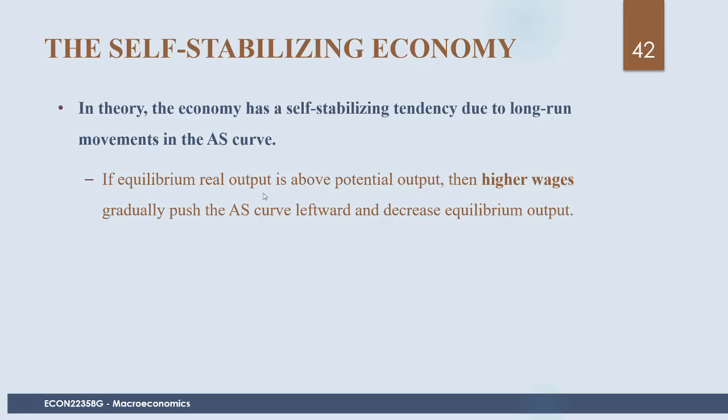But there'd be a tendency for wages to eventually fall, and then some companies might go out of business, and the new companies that open will initially not pay a high wage, they'll pay a lower wage. There's a lot of stickiness, but eventually the labor market should clear where the wages are lower. And so if wages start to fall in the economy, that is basically a rightward shift in the aggregate supply